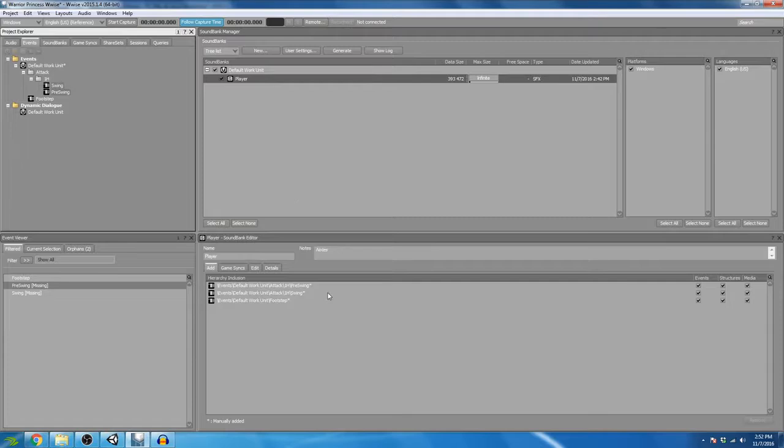Okay, we could see here in the inclusion window that swing and pre-swing have been added to the player sound bank. So I'm going to hit Control S just to save, but I'm not going to generate my sound banks just yet because we're not done. Now we have to create our sound effects in our audio tab. So here in the actor mixer hierarchy, I'm going to create a